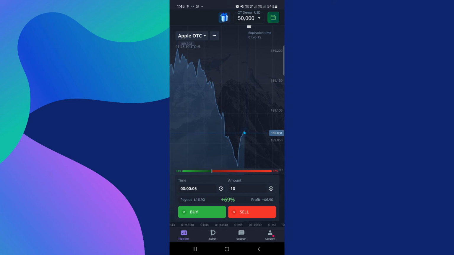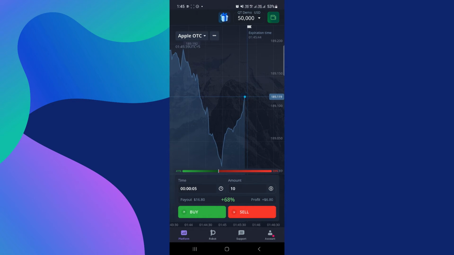When you're ready to place a trade, you have two options. Buy green button if you believe the price will go up. Sell red button if you believe the price will go down. The app also shows the estimated winning probability for each trade to help guide your decision. In my testing, after placing a few trades based on the provided signals, I was able to win multiple times